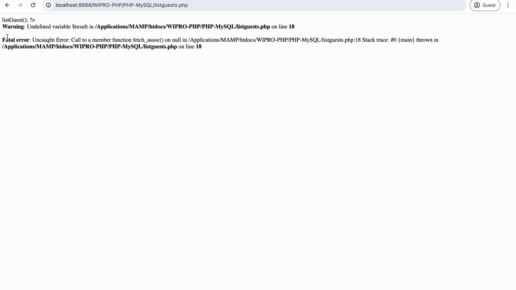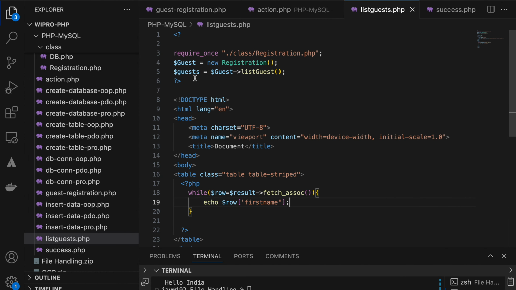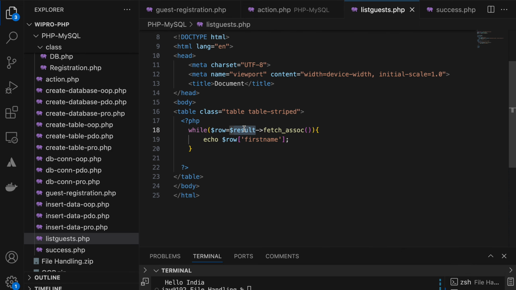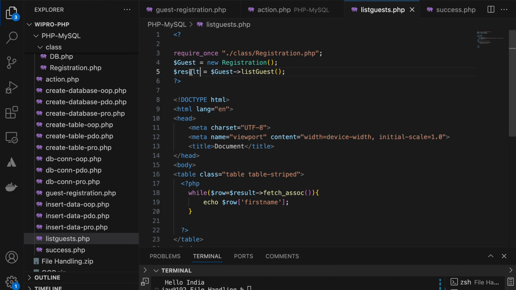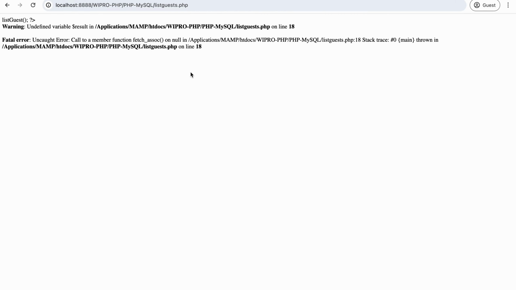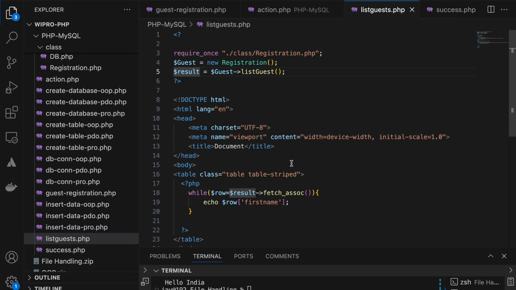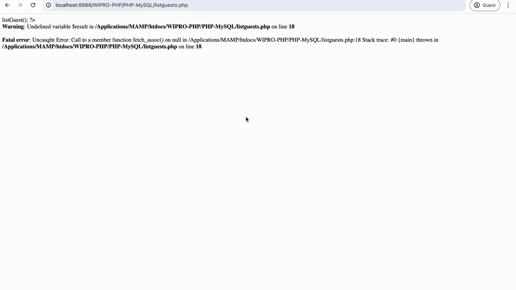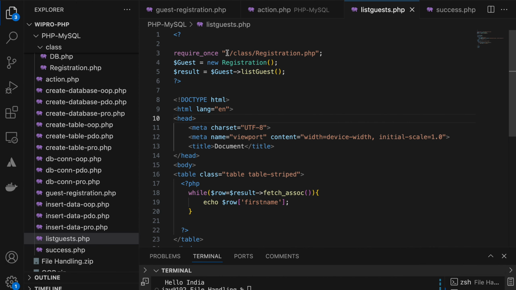Help me. Undefined variable. Oh, this is a guest now. I'm using result and here I'm getting undefined variable result,